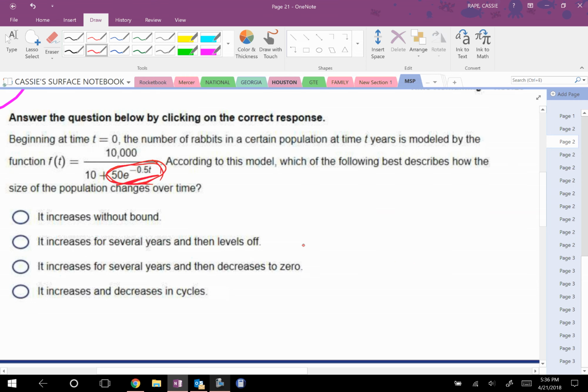So as t gets bigger, e gets smaller, 50 gets smaller, which means what you end up with is 10,000 over 10, which is 1,000. Okay, that's a constant, which means in some way this is going to level off to that constant. Now I'm going to tell you, if you didn't see that, let me show you how you would do that